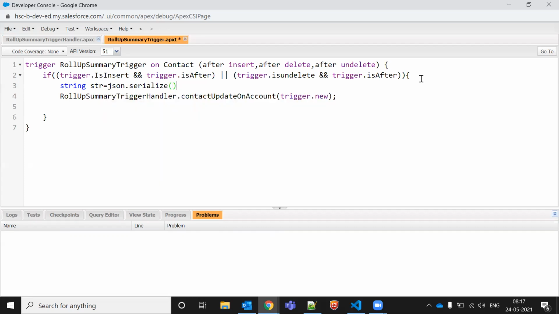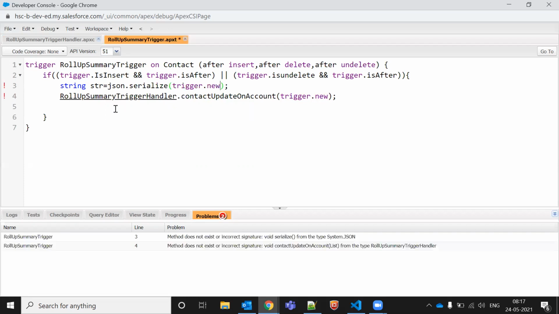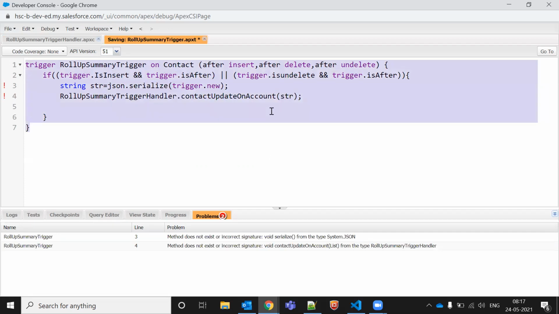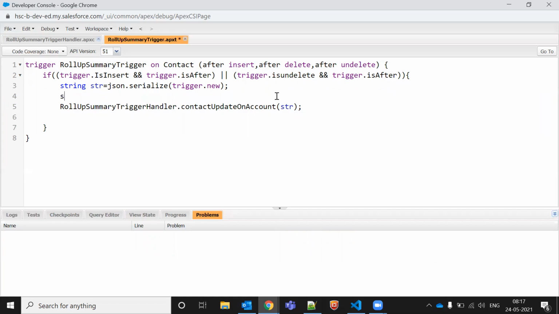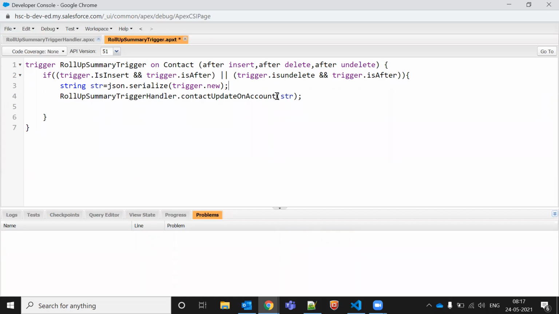We'll do serialize first, whatever Trigger dot new which we have here, and parallelly I will show you the result as well, what it is returning and all. So instead of Trigger dot new, I'll pass the string here. So it is saved now. Even parallelly I will show you what it is returning. So let me just create one debug log here.